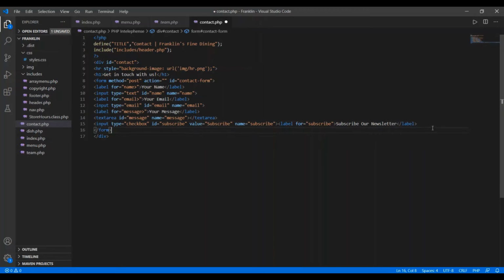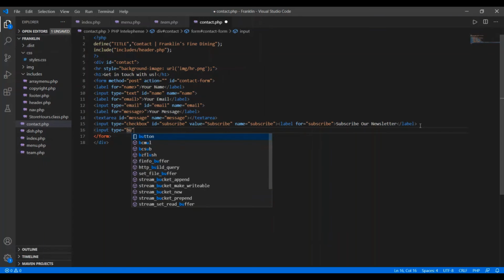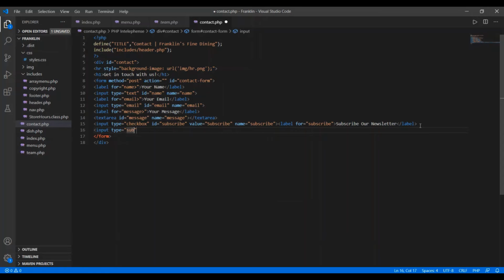That is done. At the end I just wanted to have a button there, so for this I'm going to have input type button, or not button, this time we need the submit button, so type submit, then to this I have to use class button next, and to this I'm giving the name as contact_submit, that's important, contact underscore submit, and to this I'm just going to give the value that will be displayed on the button, that is the title.